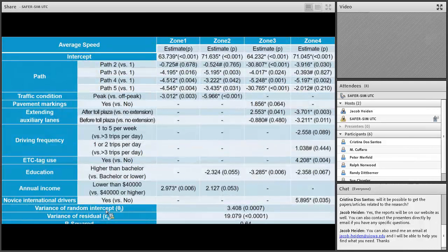Here are some of the results, which I don't intend to go over in detail because I'm going to summarize the findings at the end. You can see that for average speed, we estimated 4 models, one at every zone, because we thought there is a difference in behavior at every zone: upstream, downstream, merging, plaza, etc. So we wanted to look at the behavior at every zone. We had 7 factors that we analyzed, multiplied by 4 zones. So here, for example, we are modeling the average speed